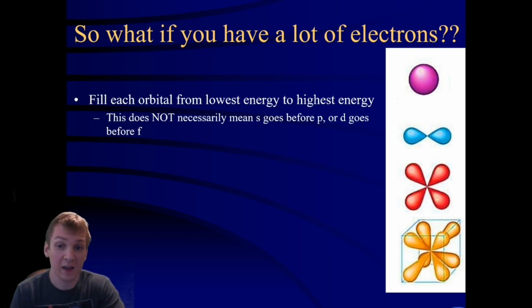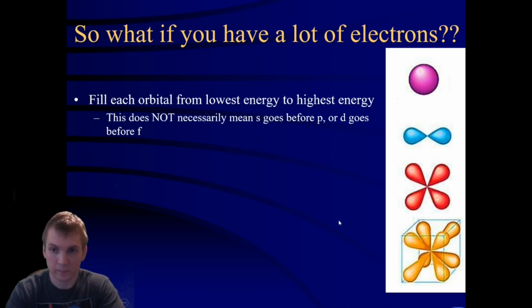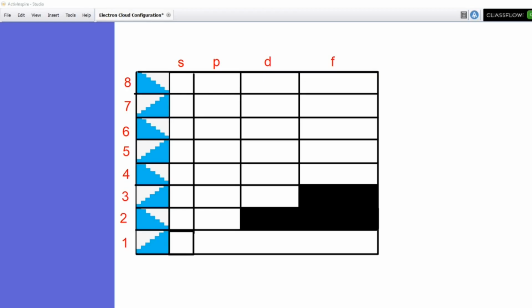And this does not necessarily mean that all of the s orbitals are going to get filled up before all of the p orbitals, or that all of the d orbitals are going to get filled up before all the f orbitals. So there is an order to it, and I'm going to explain it with a good analogy right now. Alright, so here's how we would go about figuring out the order of the electron orbitals from lowest energy